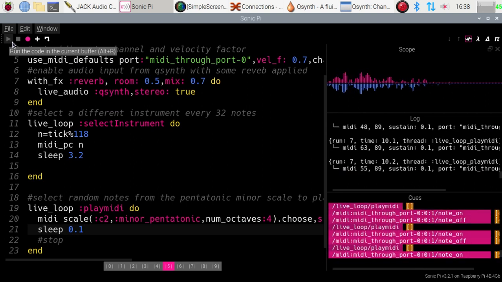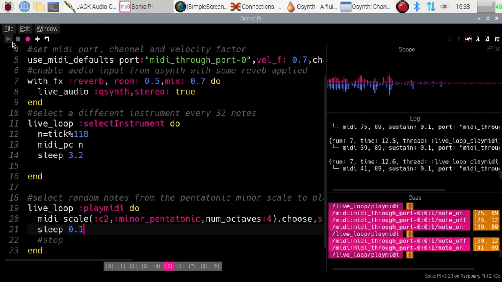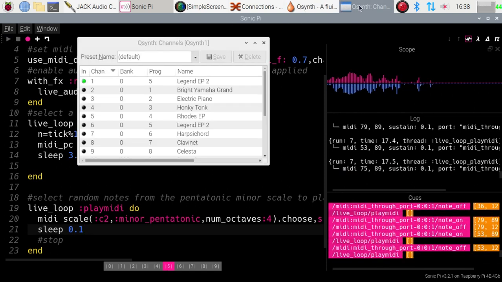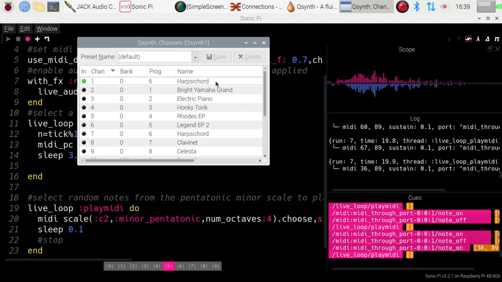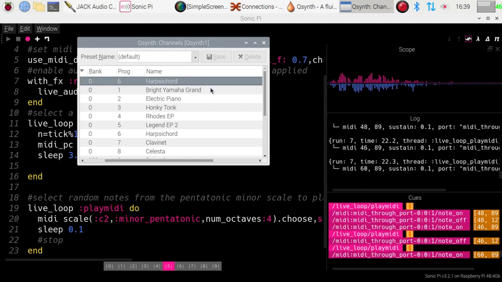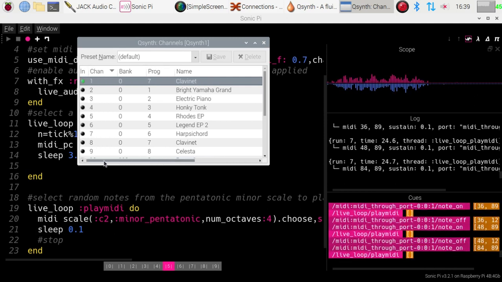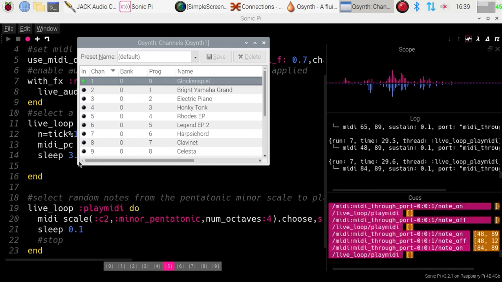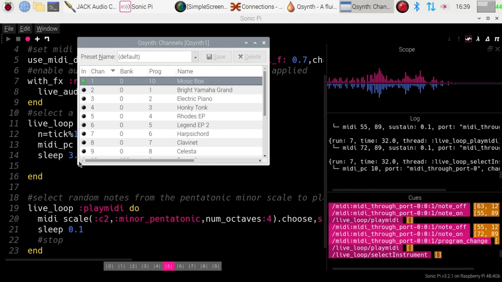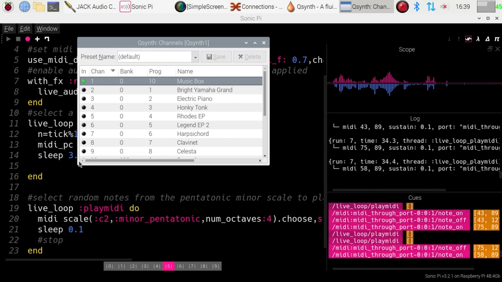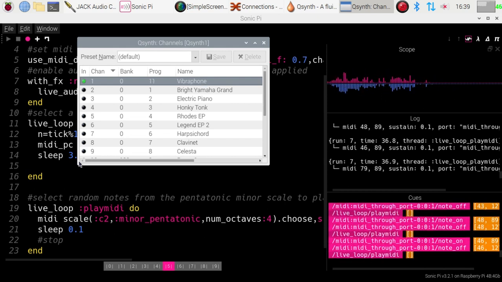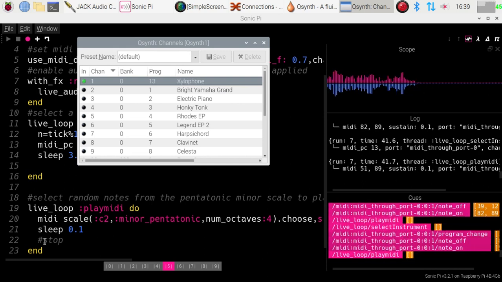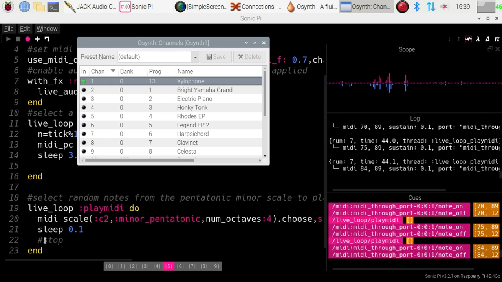And you'll notice you can hear the sound changing every 32 notes. And just to see that visually, if we look at the channel list, at the top item here, you can see that that changes every 32 notes. Celeste playing now, and now Glockenspiel, and now a music box, and now a vibraphone, and now marimba. What I'm going to do now is to uncomment this,